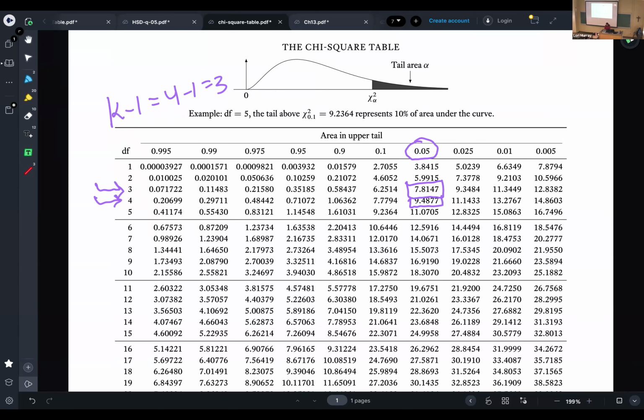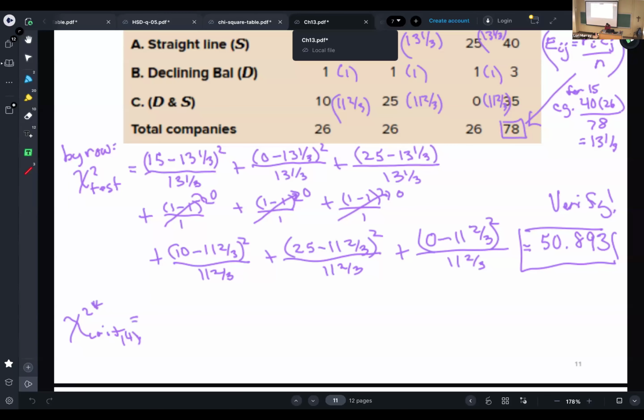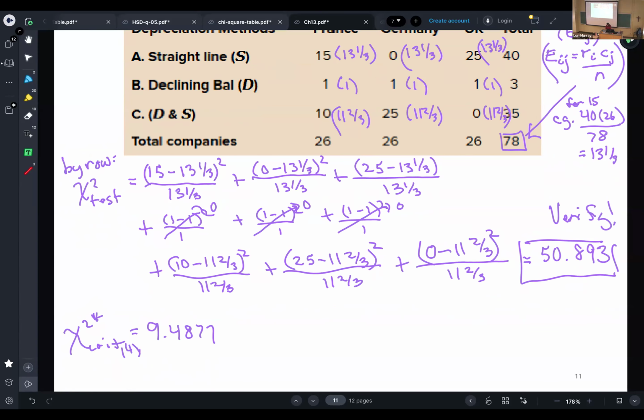We go back. So what we're testing is, are the countries and the depreciation methods independent of each other? In other words, they're not related. Or are they related? So based on our data analytics skills,